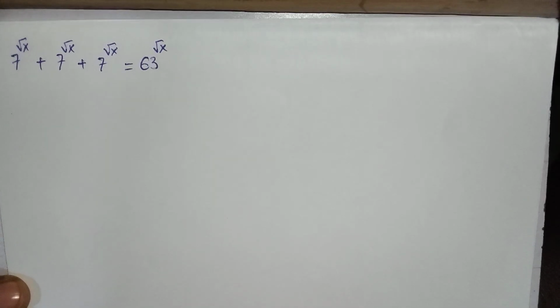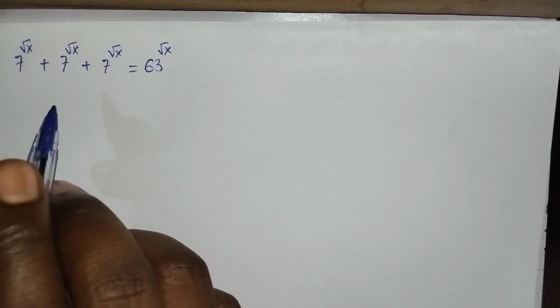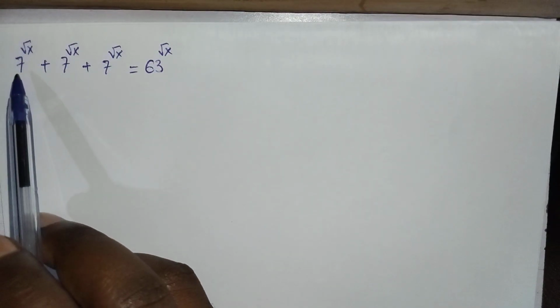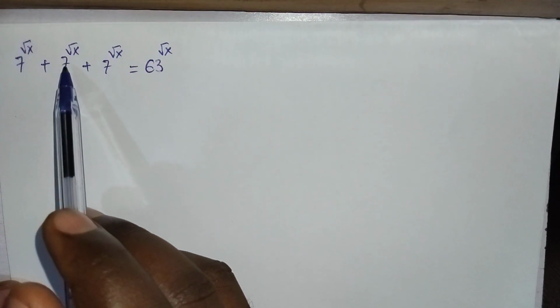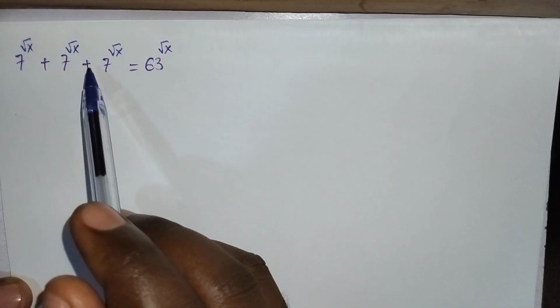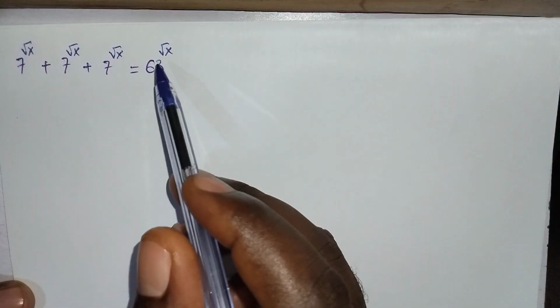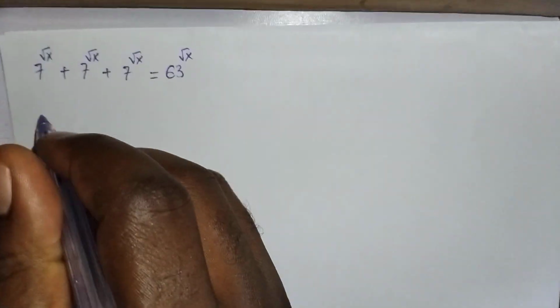Hello, you are welcome to solve this problem: find the value of x from (7 + √x) + (7 + √x) + (7 + √x) = 63 + √x. Solution: